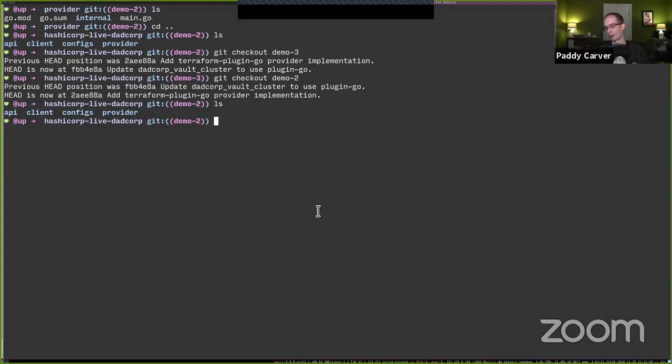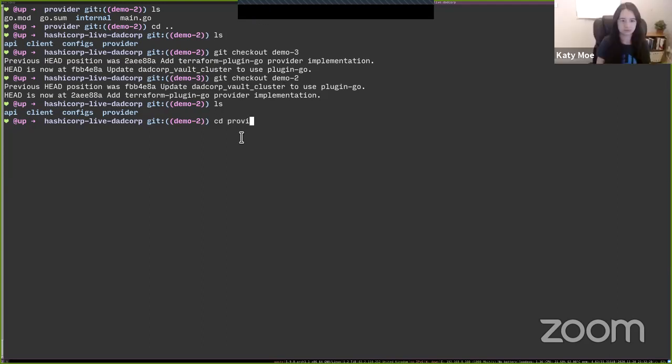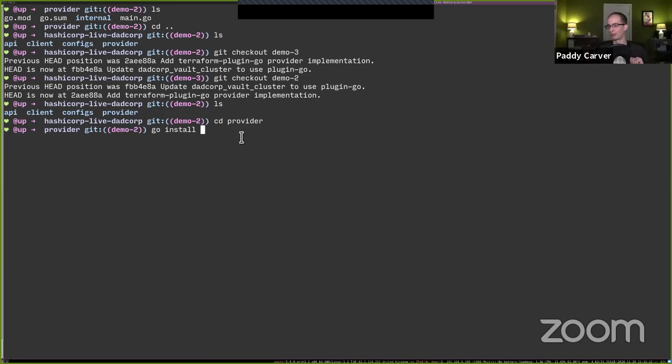There's a lot of work around it. And right now our focus as a team is trying to make the Go development experience as best as we can and trying to get that matured a little bit. And so we've tabled exploring developing providers in other languages, even though we know that's something people want, until we get a little bit more of a mature Go development experience for what we're looking for. So that was my little addition there, but I'm going to let Katie go and drive again.